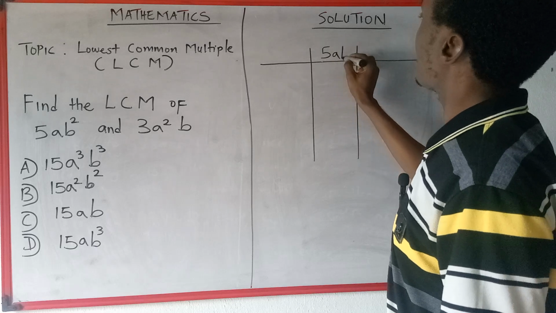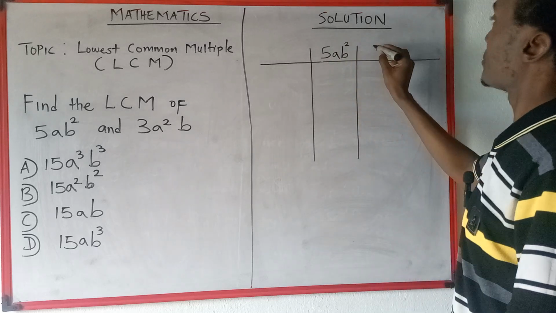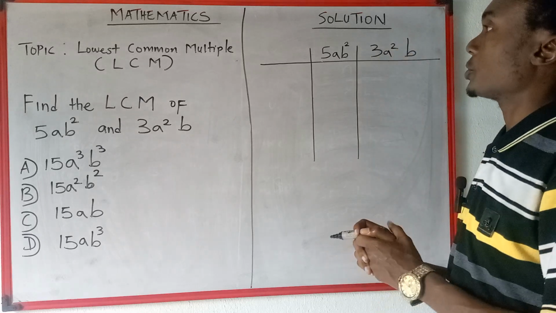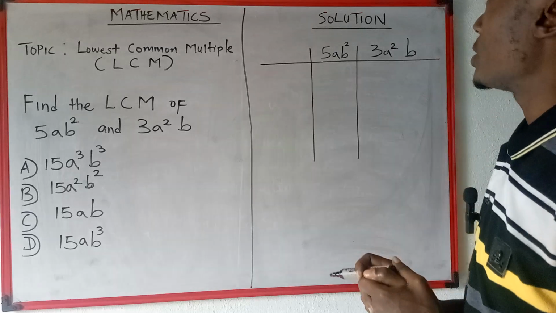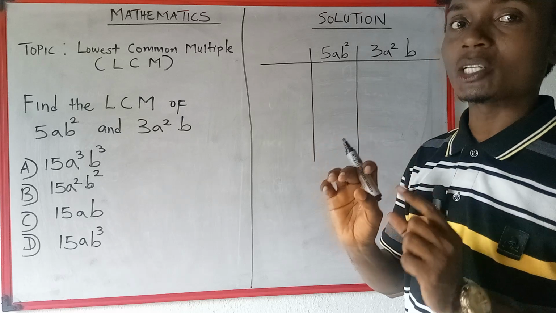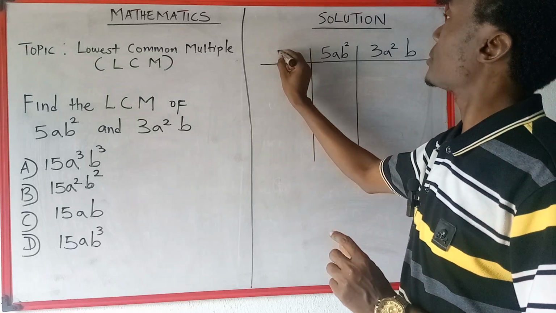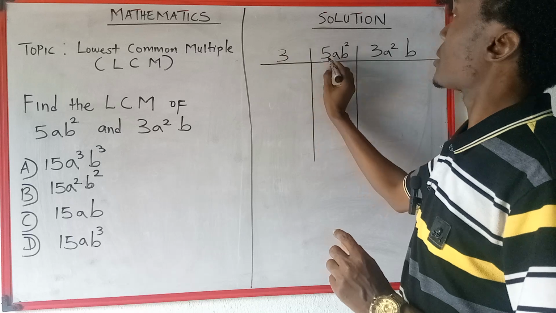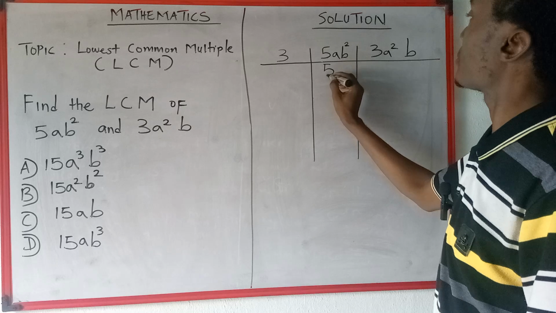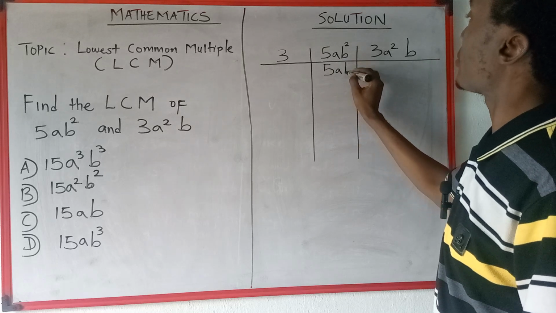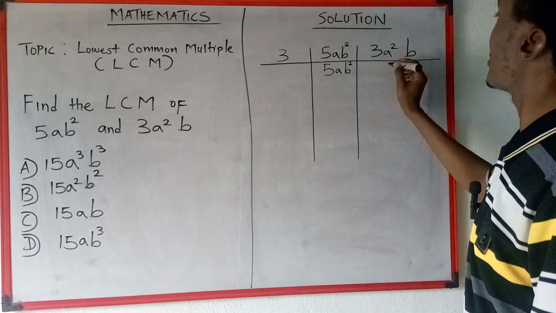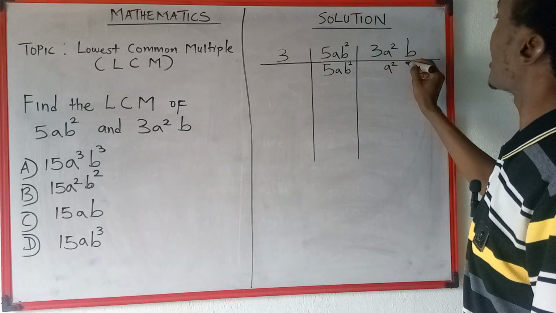Five ab square, 3a square b. Okay, so let's start with numbers. Start with the lowest number. So we'll start with 3. 5 divided by 3, it cannot, so we'll drop this 5. We'll drop our a and we'll drop our b square. 3 divided by 3 is what? 1. So definitely we'll drop a square